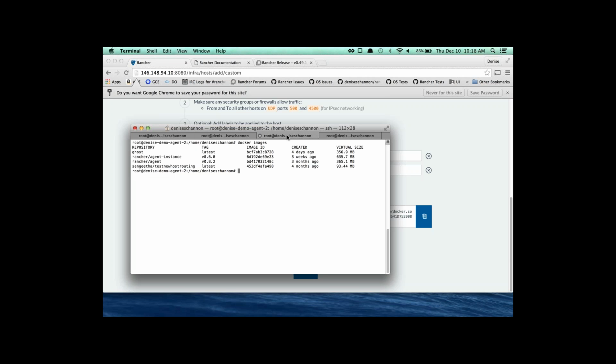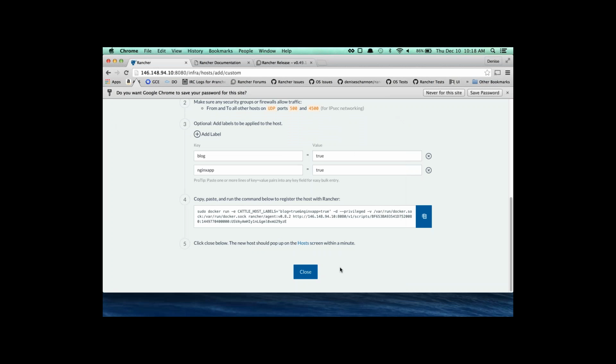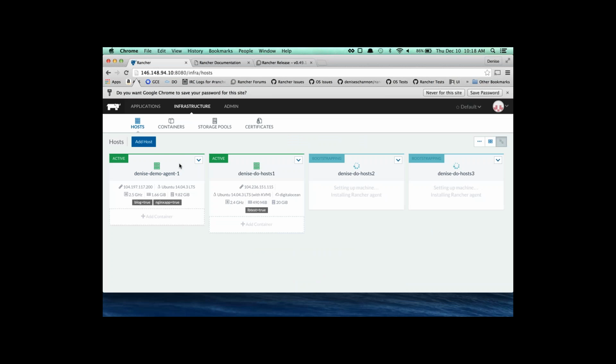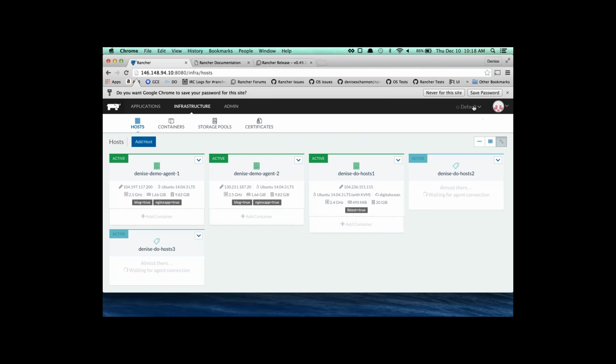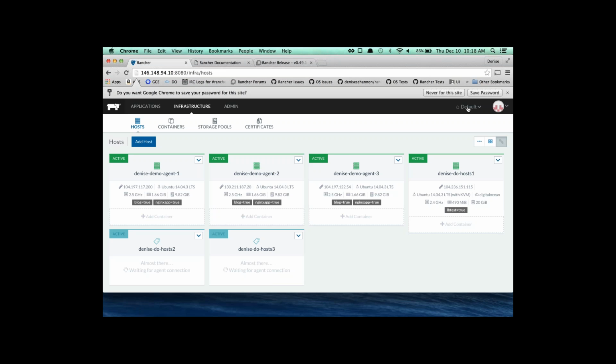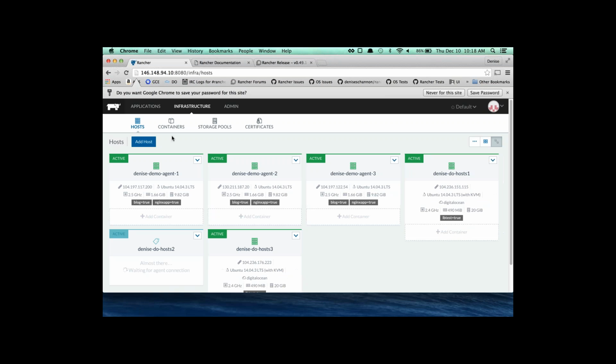And then I pre-pulled some images that I'm going to show in my demo just so when we launch the service, we don't have to wait for those images to download as well. I'm just going to run the command for all 3. I'll close this, and here you can see a mix of my DigitalOcean hosts are coming up, and my demo agent 1 is coming up. So these are going to continue to pop up and get ready shortly. I'm going to come back to this environments page so that we can discuss. So now you can see under our infrastructure tab, under our hosts, we're now about to get 6 hosts all